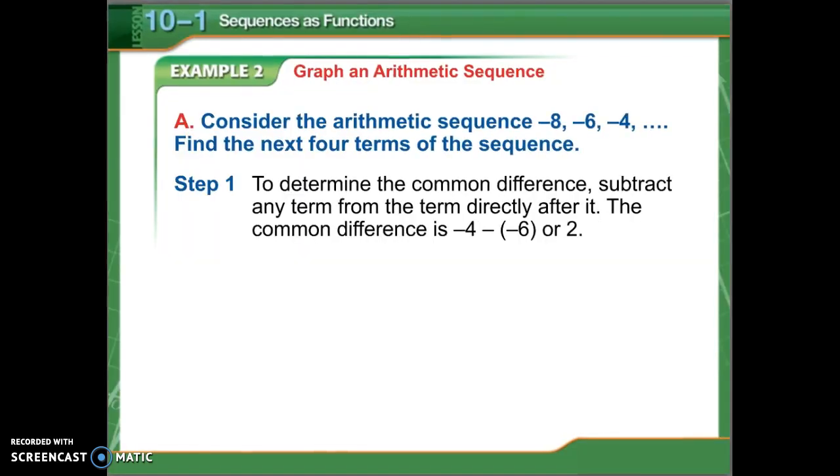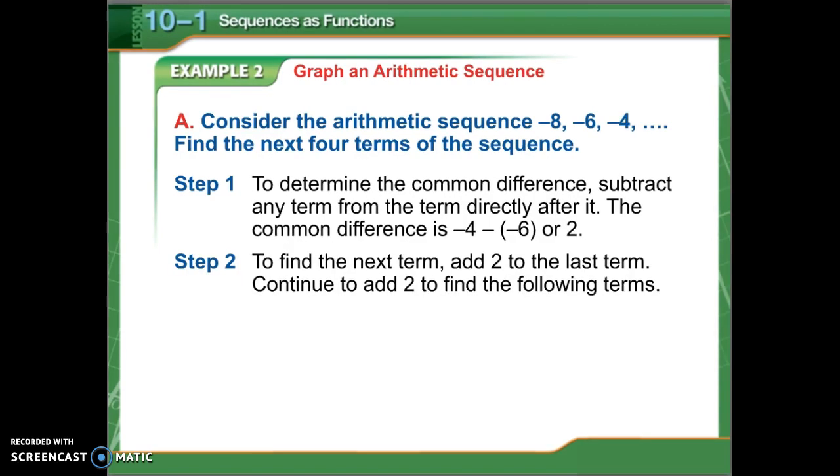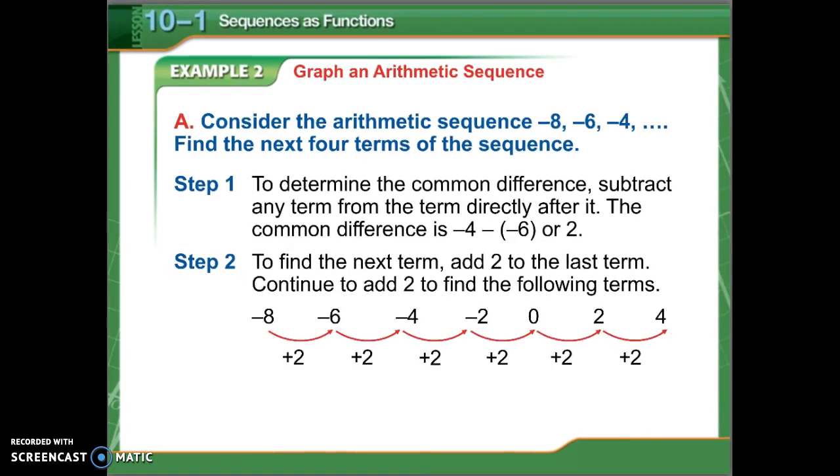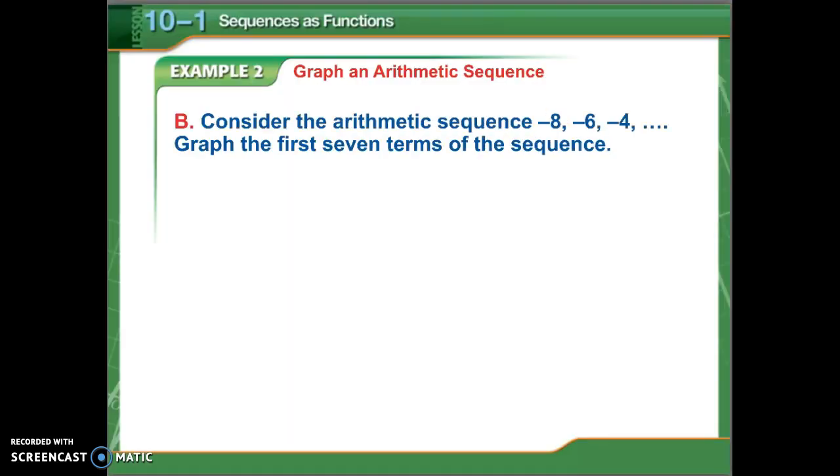So for this sequence, of course, our next 4 terms would be -2, 0, 2, and 4. Part B, we're now going to graph the terms that we found in part A. And so the way you graph this,